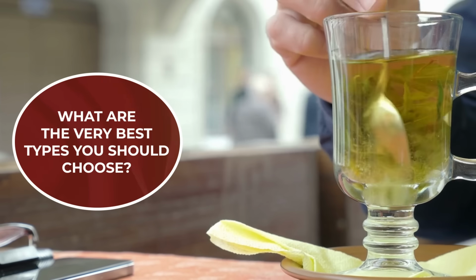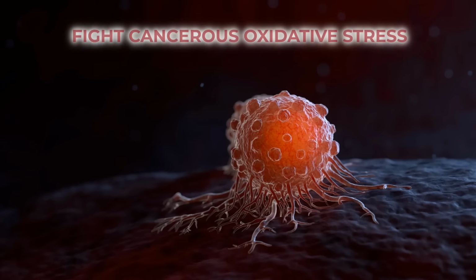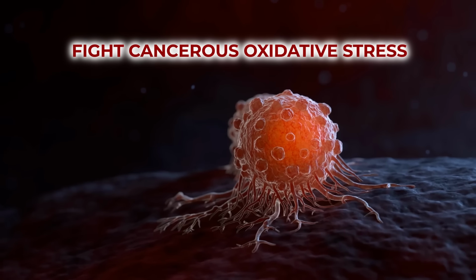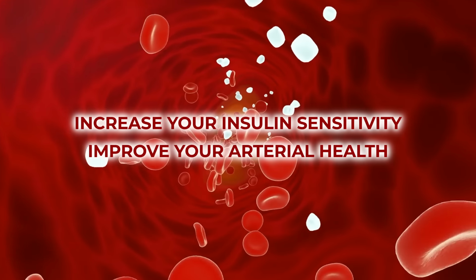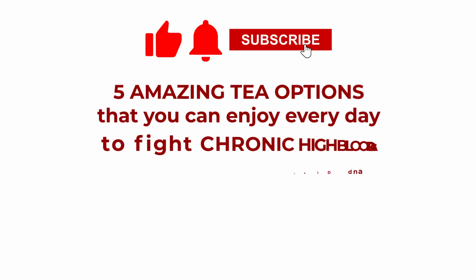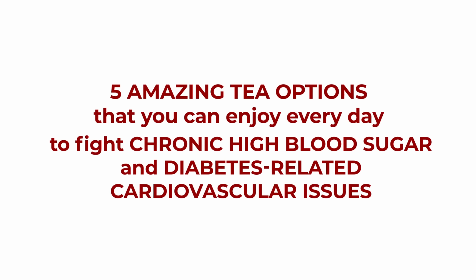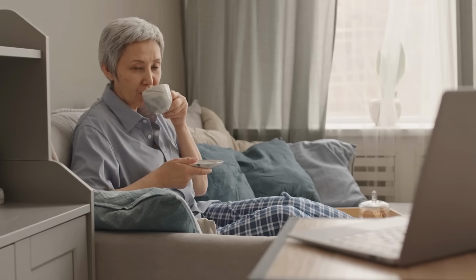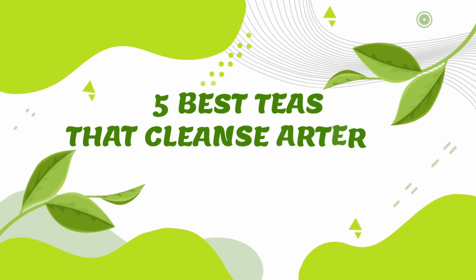And what are the very best types you should choose if you wish to reduce inflammation, fight cancerous oxidative stress, increase your insulin sensitivity, and improve your arterial health? We've found 5 amazing tea options that you can enjoy every day to fight chronic high blood sugar and diabetes-related cardiovascular issues. We hope you're thirsty for knowledge, because it's time to reveal the 5 best teas that cleanse arteries